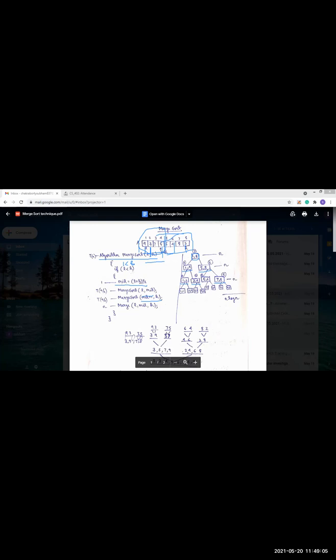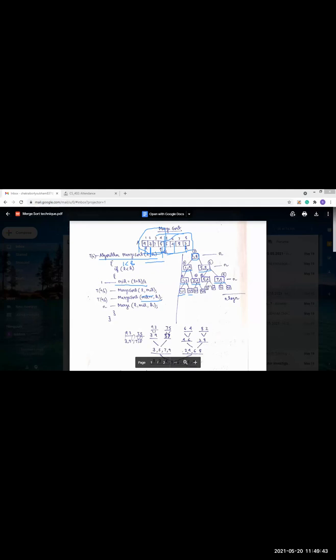So 1 plus 2 by 2. That means it will be 1.5, so mid is 1. That means our list will again be divided into two parts: 1 comma 1 and 2 comma 2. Now you see there is only one element present after dividing that. Same in the case of the list 3 comma 4: if we divide this part, it will become 3 and 4, meaning only one element is present now. In the right side of the part, 5 comma 6.